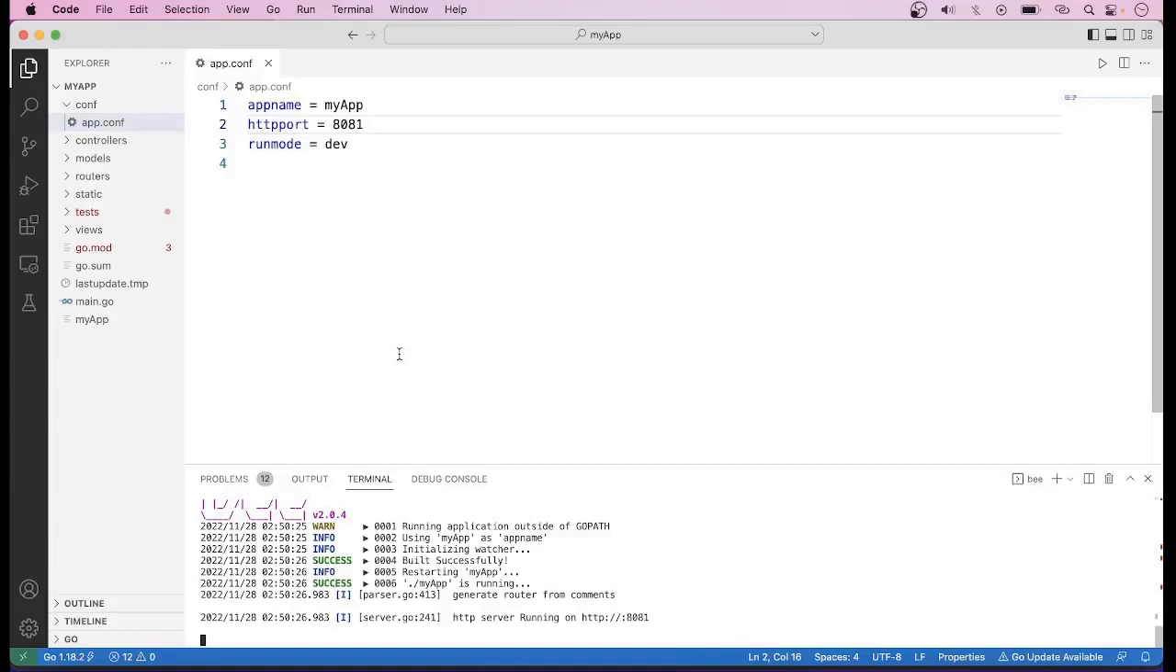Now the second thing is how we can use our own custom configuration file. This app.conf file is the default configuration file. So for that, let us create a configuration file in the same directory. You can create your own directory also, but here I am using the same directory conf. So let us name the file as application.conf,